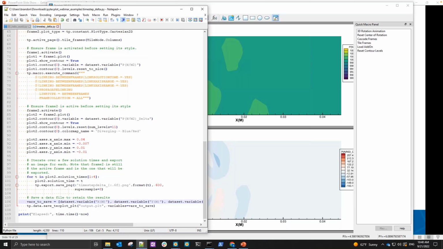In addition, this data file is smaller than the original one since we only exported the variables that we needed. Okay, so